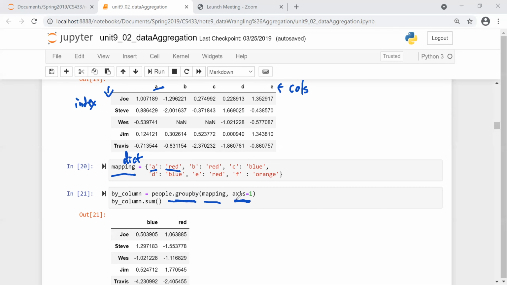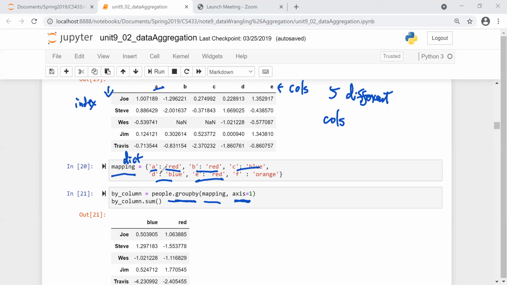And along which axis? Okay, you say you're going to group by color. For the color, if you take a look, here you have repetitive colors. A maps to red, B maps to red, C maps to blue. So you have some repetition. You have 3 red and 2 blue, versus the original, where you have 5 different